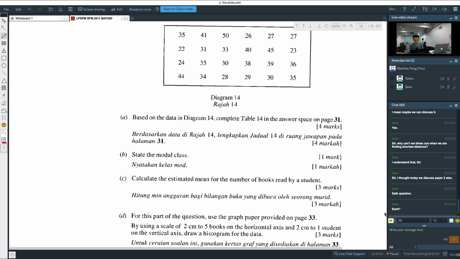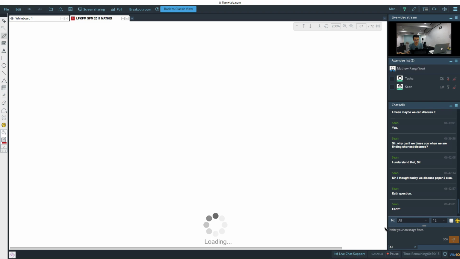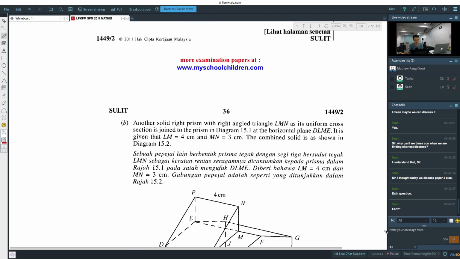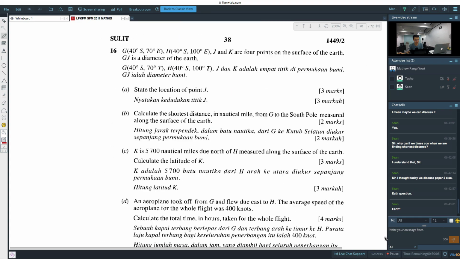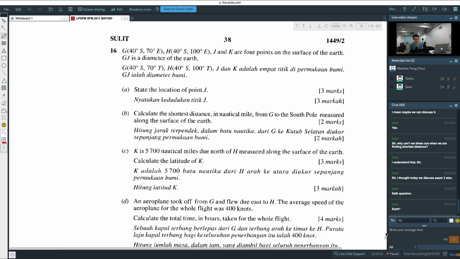Okay, let's say we have G, H, J and K, four points on the surface of the Earth. And GJ is the diameter of the Earth. Diameter of the Earth is very easy. That means it passes through the center O, from G to J. So whenever GJ is the diameter of the Earth, what you need to do to find the location of J is,